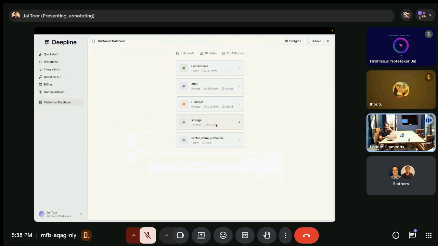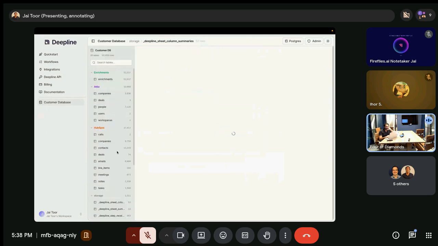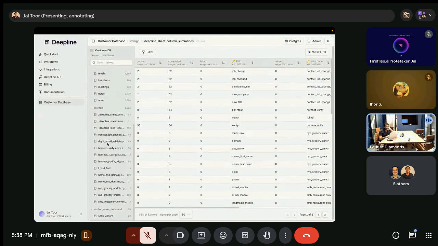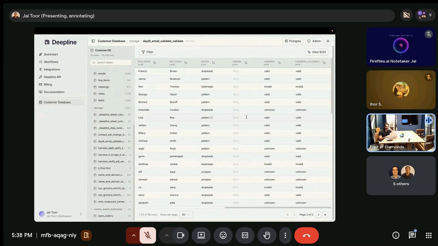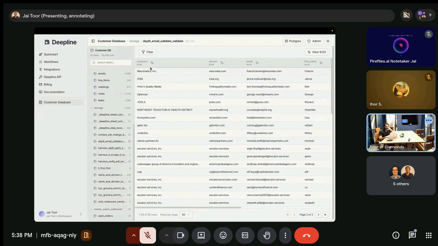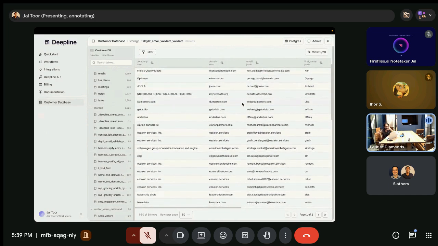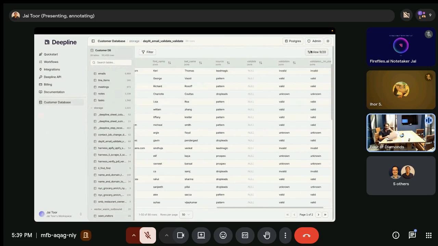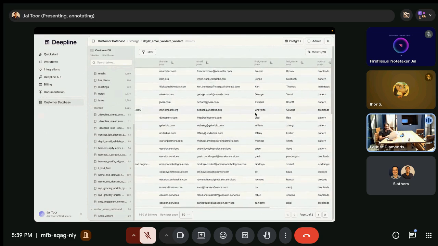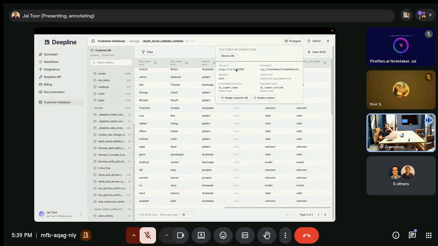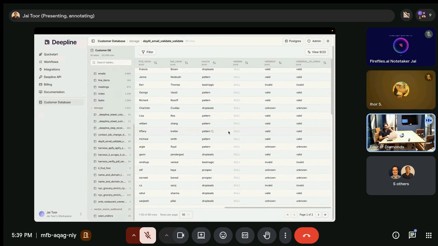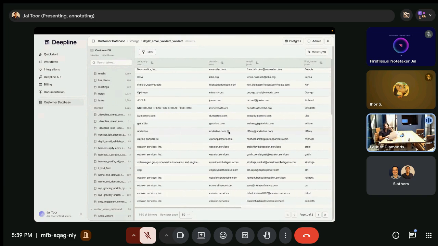And so this is in beta with a few customers. You can see I ran that email validation task, and so I have the results here. If I delete the CSV or don't know exactly what I'm trying to do later on, or don't remember what I did or which ones worked, this table is always accessible, and I can get the table name, the reveal URL, and that will let Claude just query it and get the exact results again.